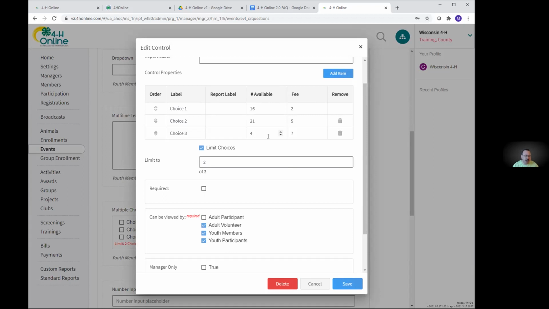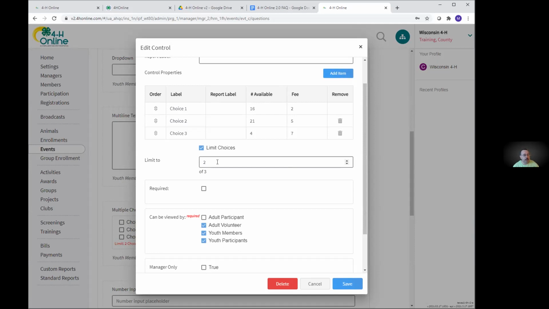Now, there's also another thing you can do with this, another little twist, in that we can now limit the choices if you want. You just check the box, and of my 3 choices here, they're limited to 2 of the 3. There was a county that was having a project in a box thing, and they had 5 or 6 choices of what the people could have, and they could choose up to 3 of them, projects they wanted included in the box that was being sent to them.